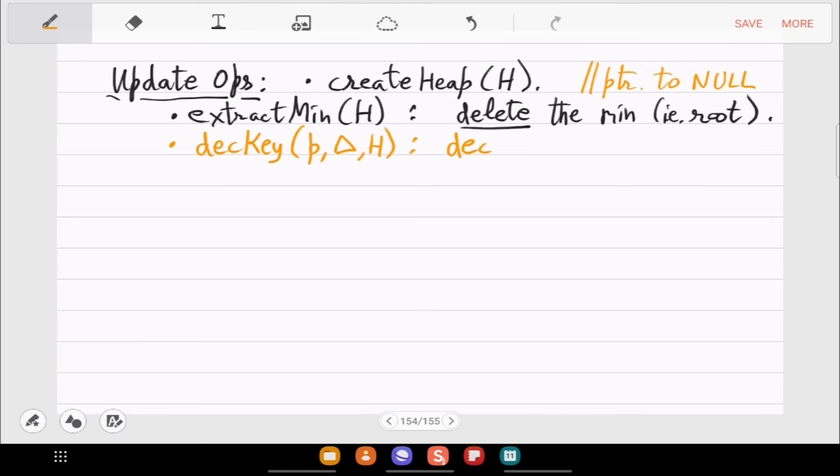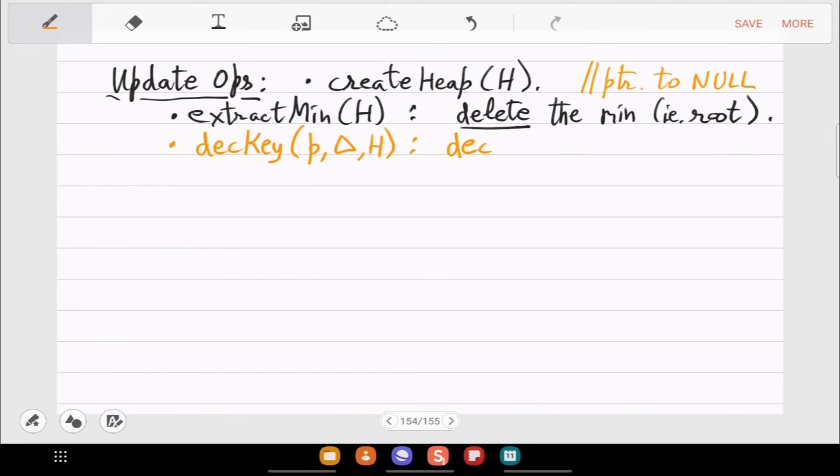I mean, it clearly makes sense to call this an update operation, but you have not seen this in previous data structures. This decrease key is essentially replacing a value in a given node arbitrarily, right? That value will suddenly be changed to something else. But when it is changed, you still have to maintain the heap axiom. So there will be chaos in the heap, and you have to again make it into a heap.